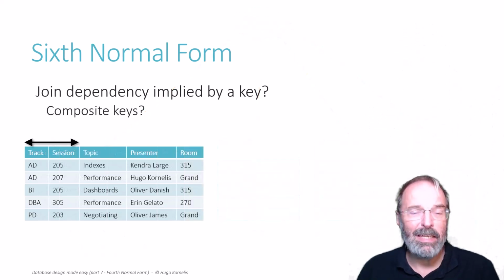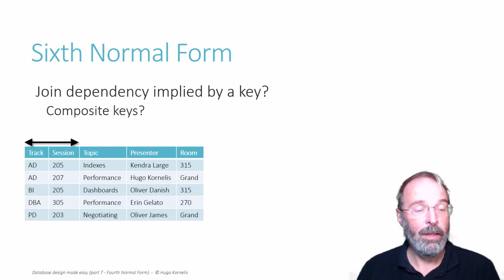So this is basically the same example, but now when we checked for 1st normal form already, we realized that the track code and the session code are relevant on their own. So having a single column for track code and session code would be a violation of 1st normal form. It would not be atomic. We need to split it into 2 separate columns, as you see on the screen now. Other than that split, it's the same example we had before.